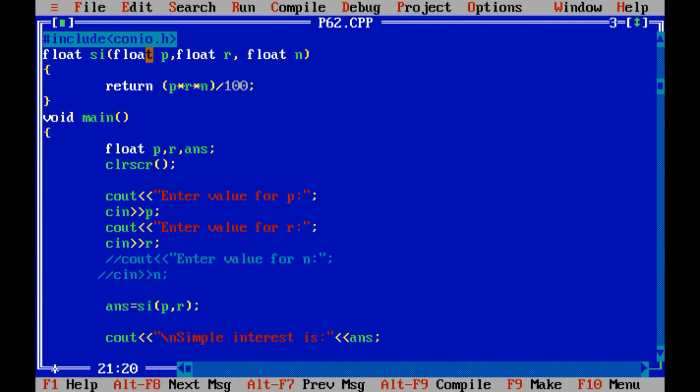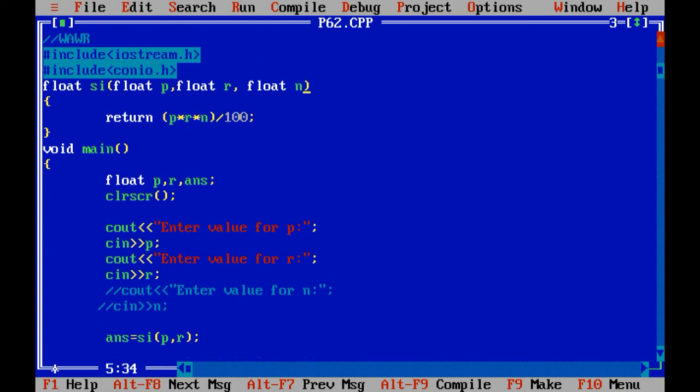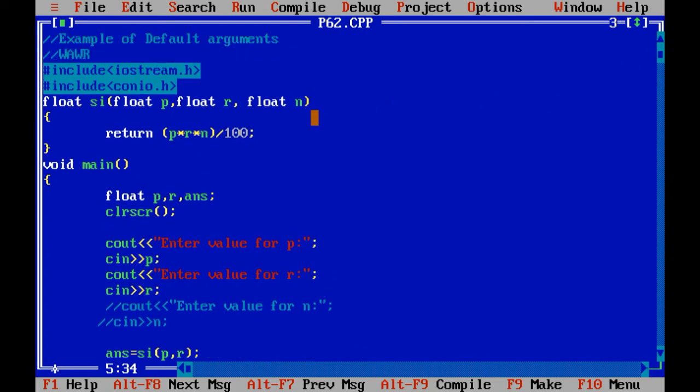Why? Because while declaring the function you have taken 3 variables in the function declaration, but while you call the function at that time you have passed 2 values only. So for that you have the concept of default argument. What is the default argument? When you are declaring the function, at that time you just need to pass the default value to the function, right? I have declared n equals to 5 over here, right?